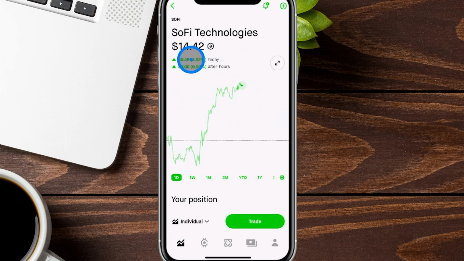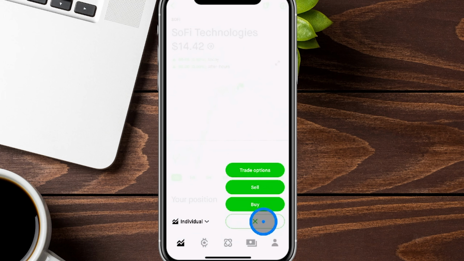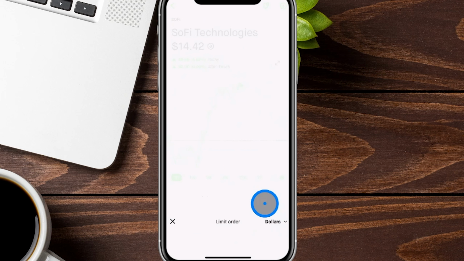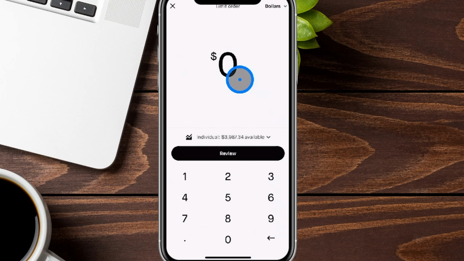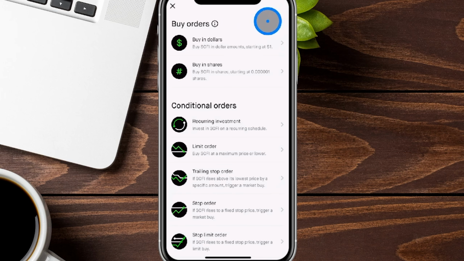So from here, what we're going to do is look at the section down towards the bottom that says trade. So if we go ahead and click on trade here for us, there is this little section that says buy. We're going to tap over here, and this takes us to a very familiar page that we might see already. But if we look at the top right hand side that says dollars, or it might say shares, you're going to go ahead and tap over here, and then there's this condition right over here that you can set up